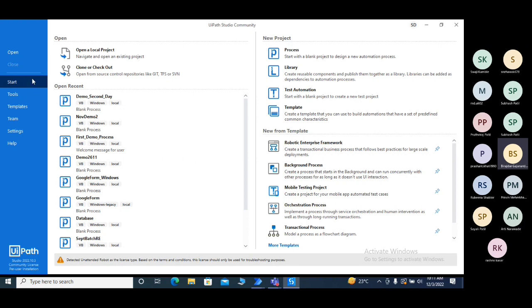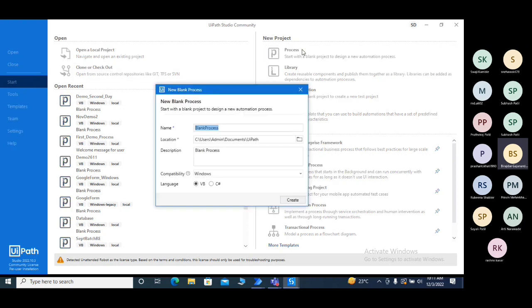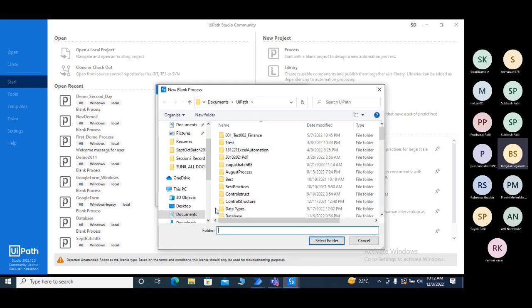Whenever you are doing your first project from UiPath Studio, you're supposed to click on Start, then go into Process, and in Process you have to give any name. Let's consider we are working on a control structure project, so you put that name. And this is the location where you want to store your project. Most of the time you're supposed to store your process in different folders, different drives rather than C,